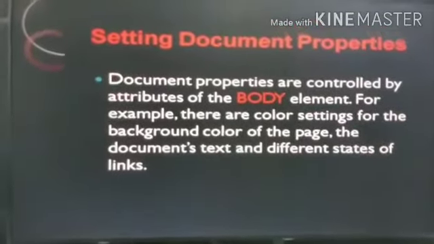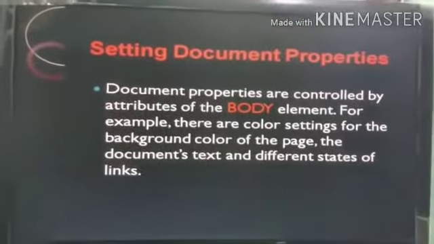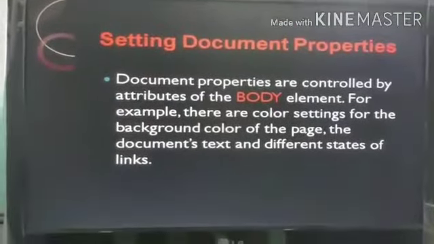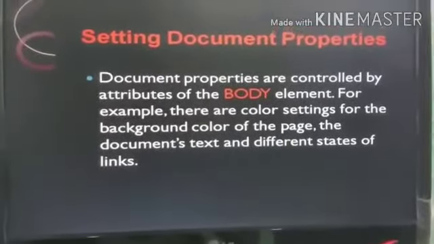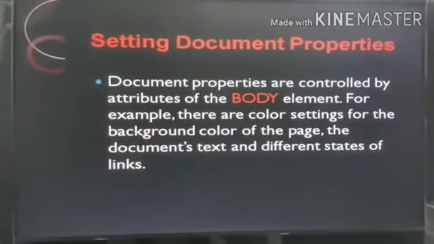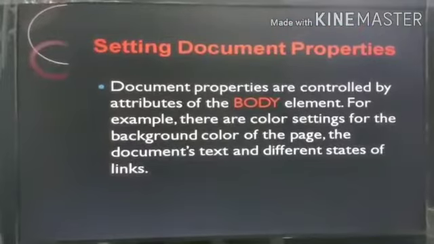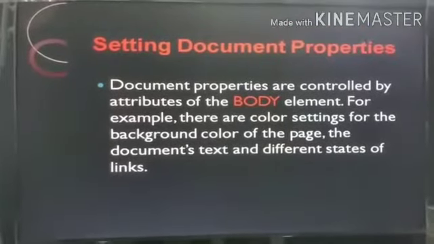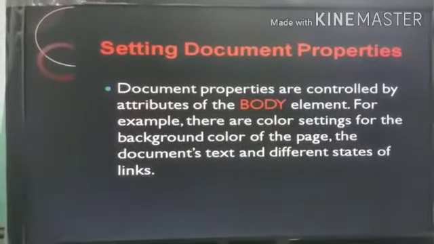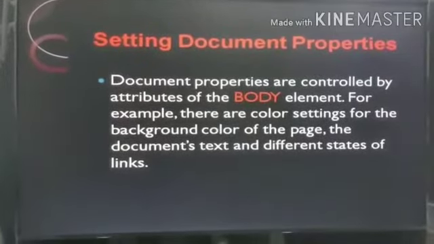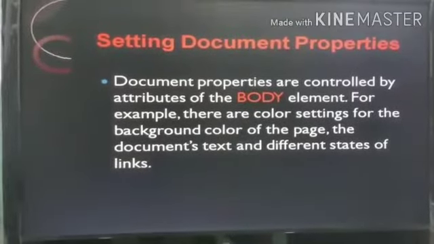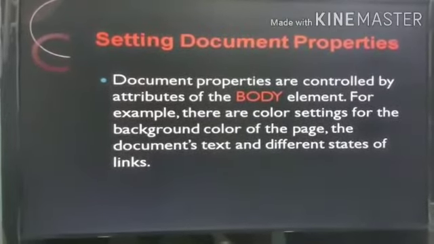In the next step, you have to set the document's properties. Means the document properties are controlled by the attributes of the body element. After closing the head tag, means the head part of the document, you have to start the body part, and the body part uses different attributes.